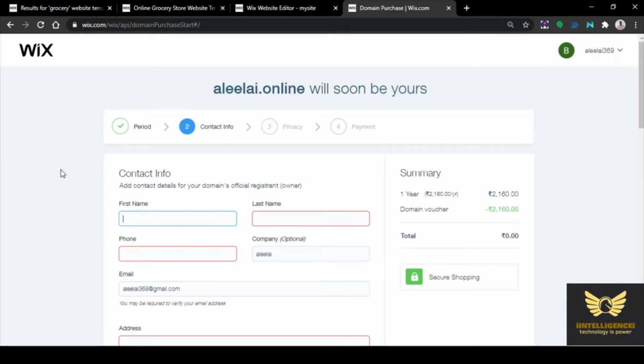This website is being created for one of our clients. Using this website allelite.online, you can purchase any items online. It is an e-commerce website, a fully functioning e-commerce website.